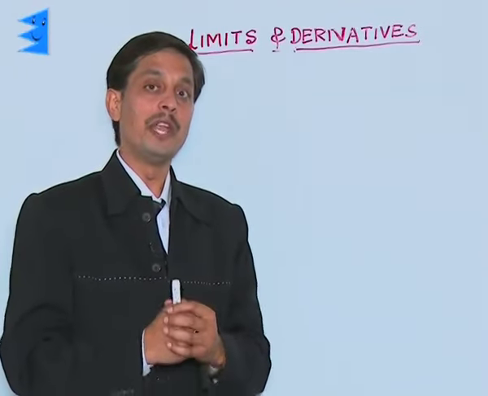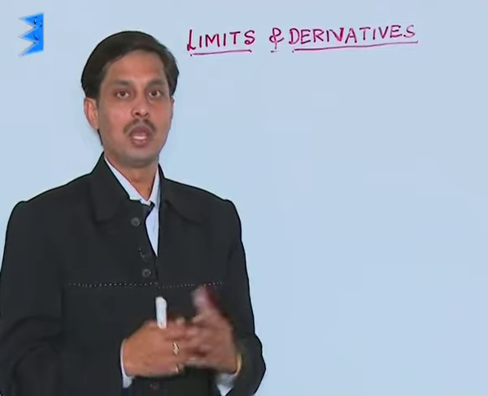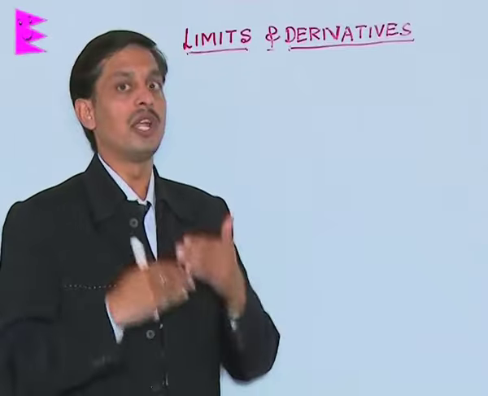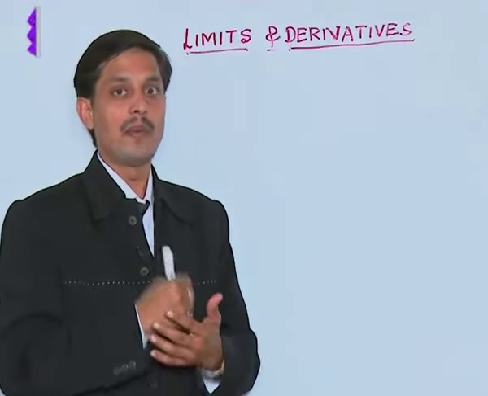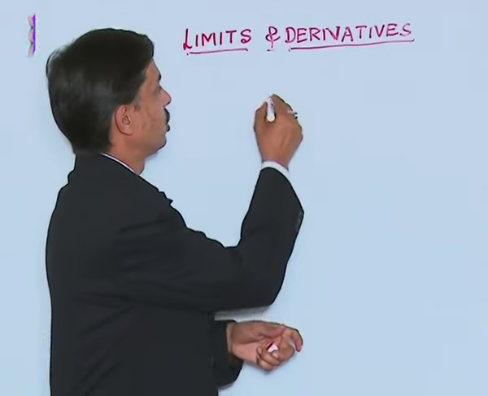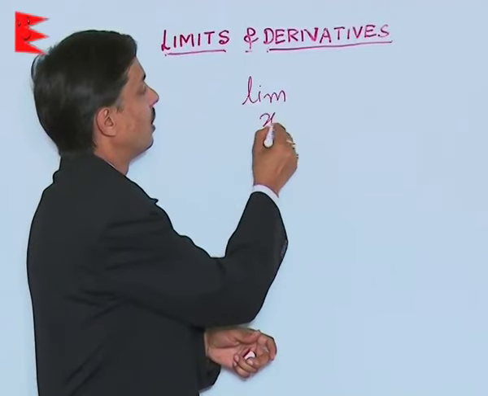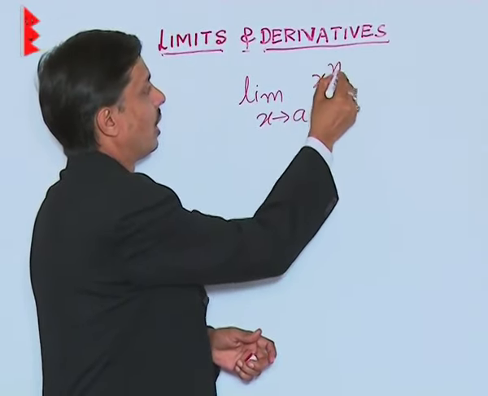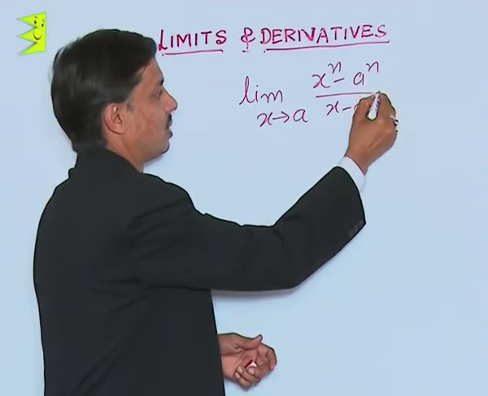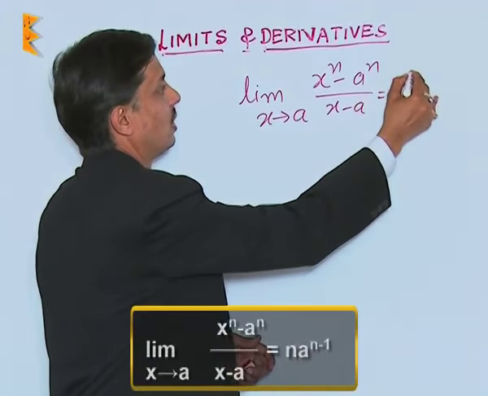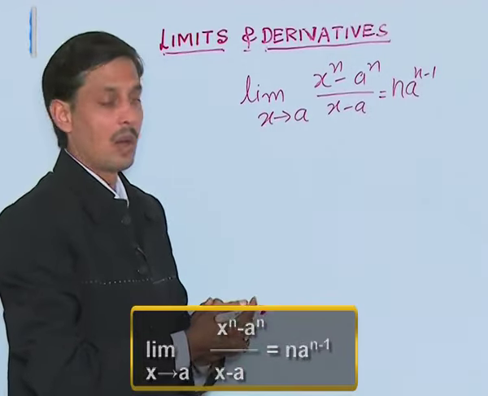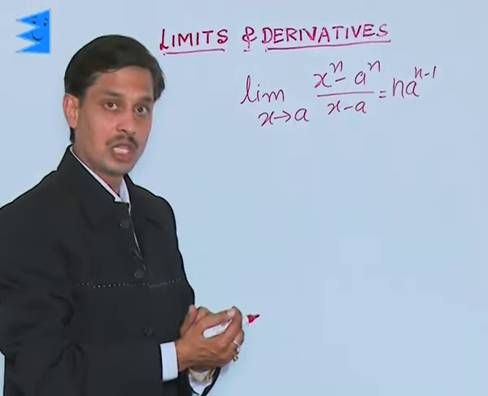Till now I have explained how to solve the problems either by obtaining the limiting value by putting the value x tending to whatever directly, or by factorization, or by rationalization. But a special formula in the chapter of the limit which we need is: if limit x tending to a, (x to the power n minus a to the power n) upon (x minus a) is there, then its answer is obviously to be taken as n into a raised to the power n minus 1. I want to tell you problems based on this formula.